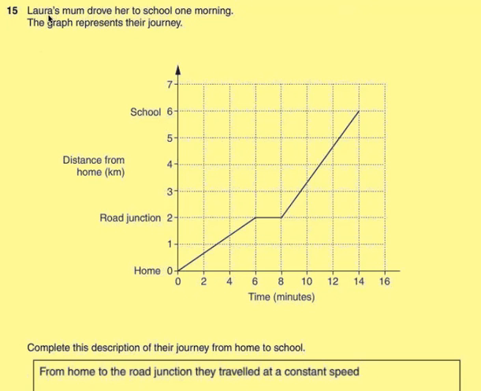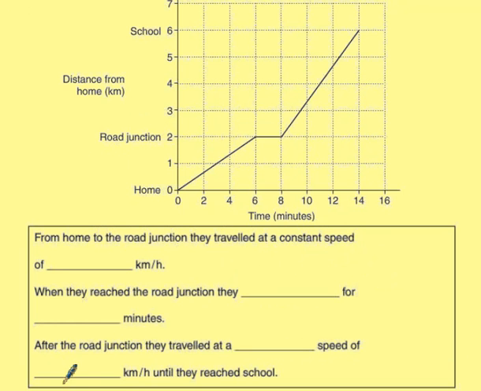Question 15. Laura's mum drove her to school one morning. The graph represents their journey. Complete this description of their journey from home to school. So we're shown the distance from home is given on the vertical scale and the time travelled is shown on